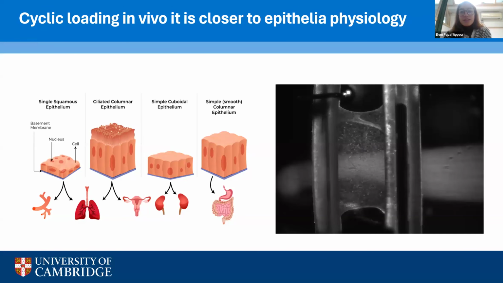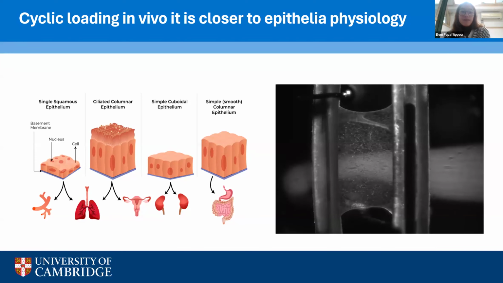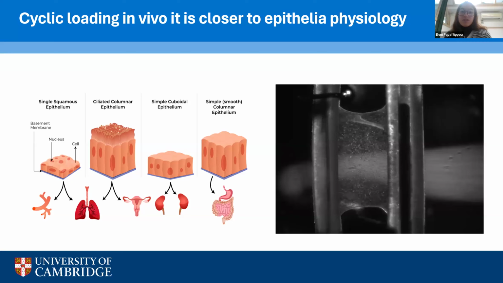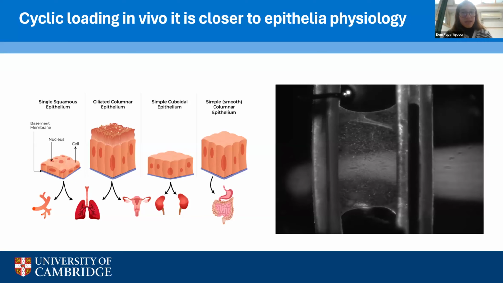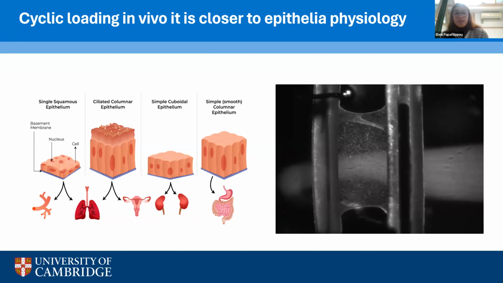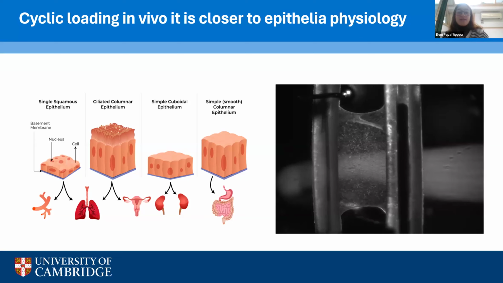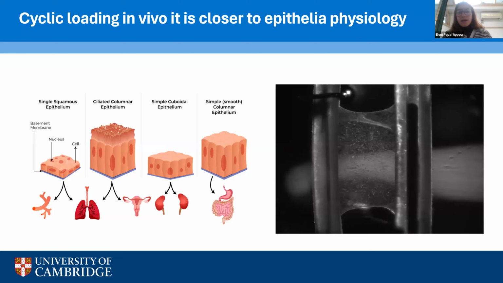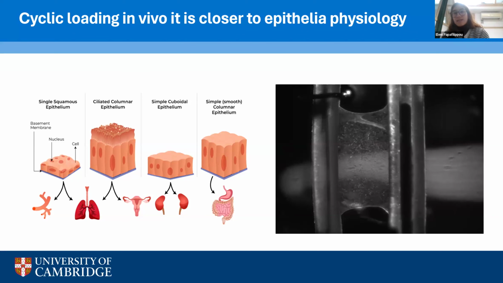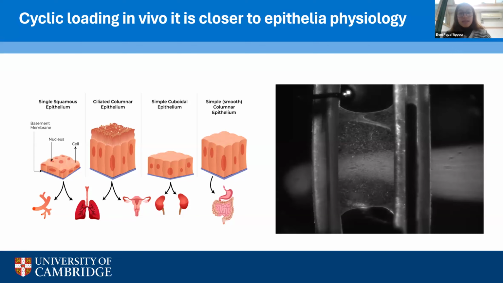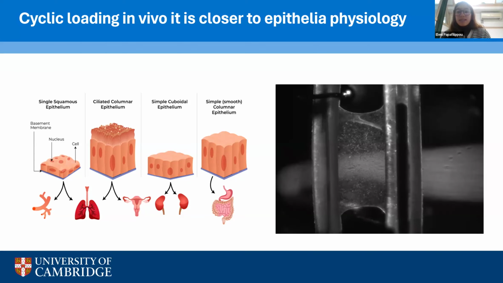So if we shift our focus to the function of epithelial tissues in vivo, we observe something quite compelling. These tissues are frequently subjected to cyclic loading. So for instance, we have the epithelium and the capillaries, which withstand the blood's pulsatile flow. We have those lining the lungs and the gut that experience oscillatory loads as well, different timescales, but still some kind of cyclic event. And we observe that this kind of cyclic loading is closer to epithelial physiology and may hold the key for us to be able to better understand these tissues' adaptation to resisting rupture,